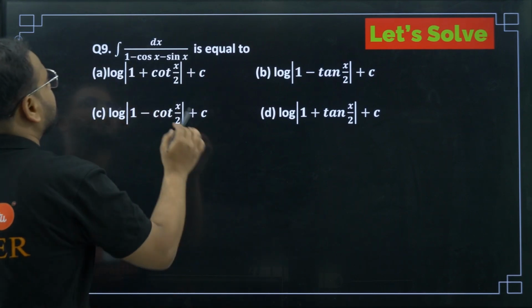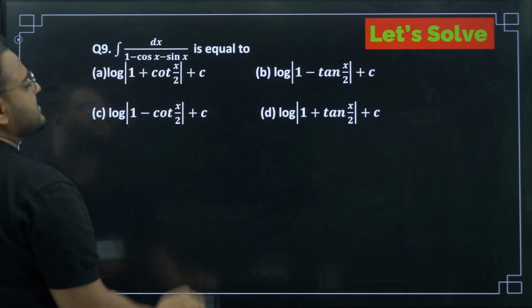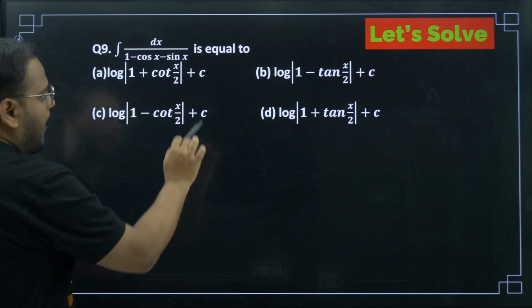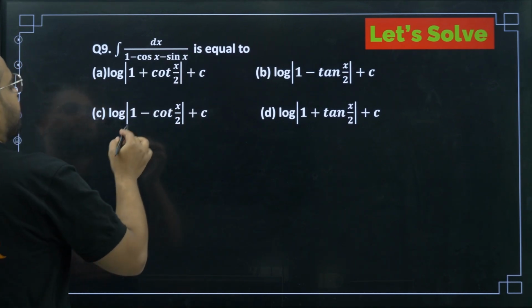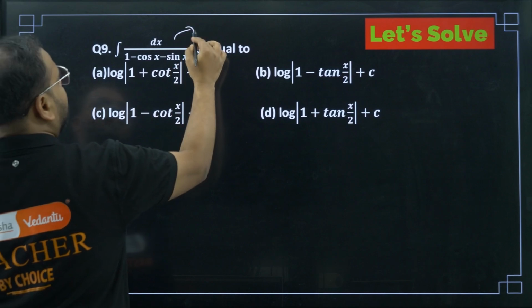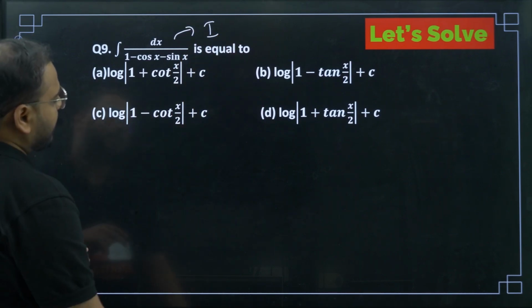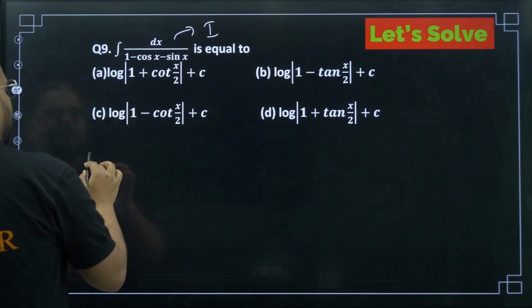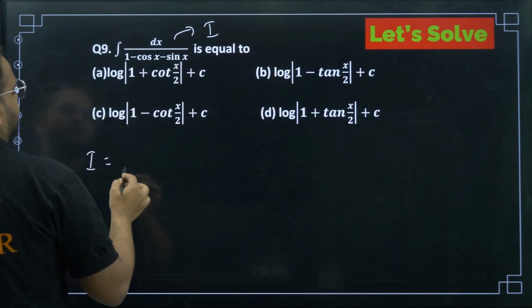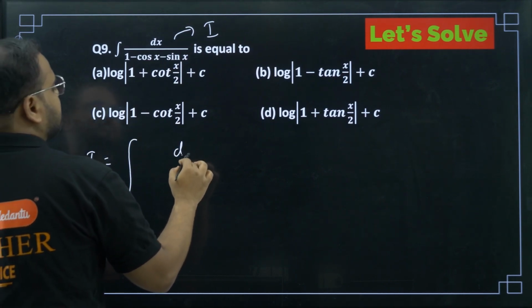So what's the question given? Integral of dx upon 1 minus cos x minus sin x. Options are given A, B, C, D. We'll see how this works out. If I take this as my integrand I, please have a look, I equals dx as it is,